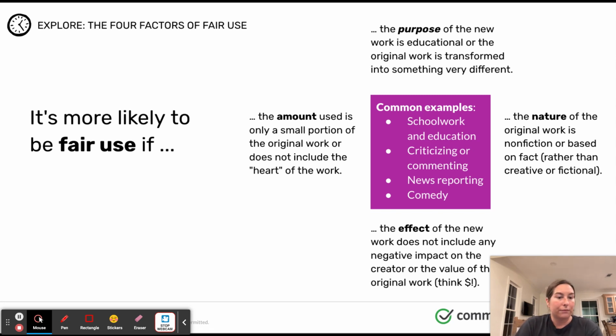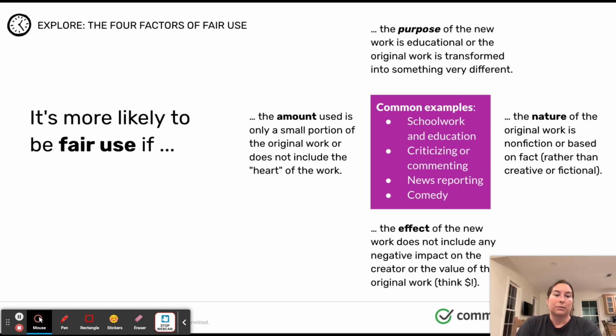The nature of the original work is nonfiction or based on fact rather than creative or fictional. The effect of the new work does not include any negative impact on the creator or the value of the original work. So think money. And then the last one, the amount used is only a small portion of the original work or does not include the heart of the work.